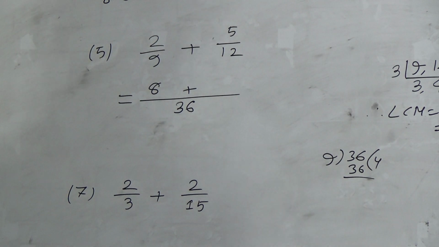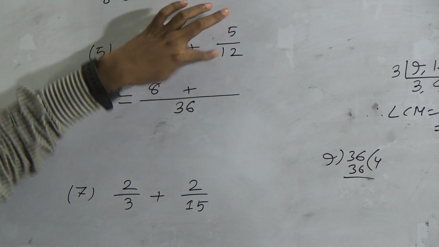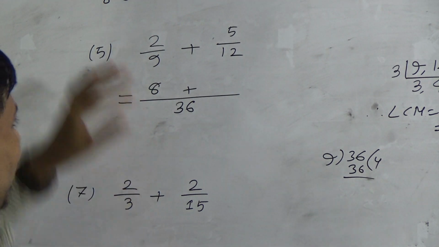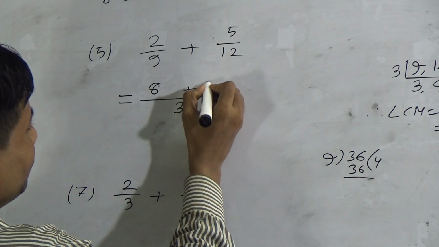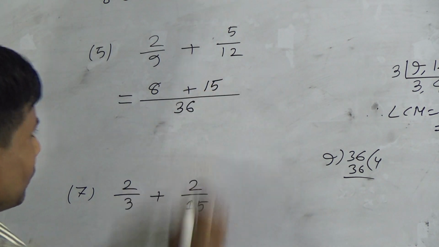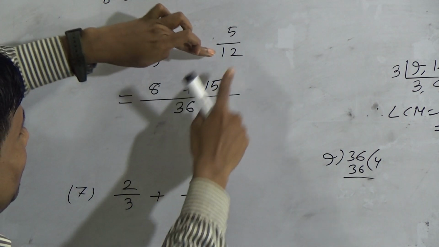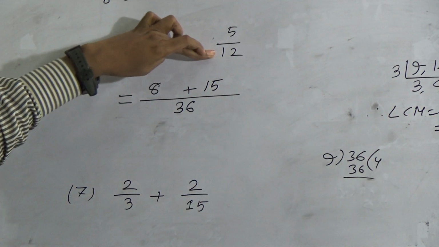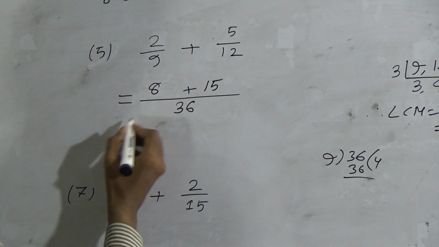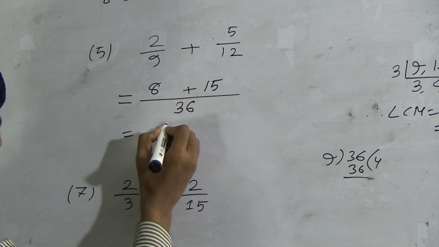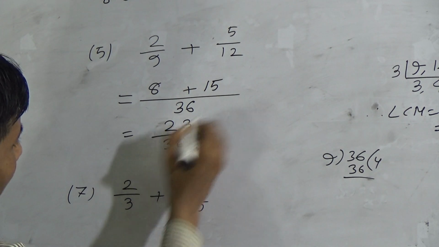Plus divide 36 by 12. Then you get what? 3. Now multiply 3 with 5. This is equal to what? 15. Okay student, divide 36 by 12. Then we get what? 3. Now 3 5s are 15. Now write 15 plus 8 equal to what? 23. And this is the answer.